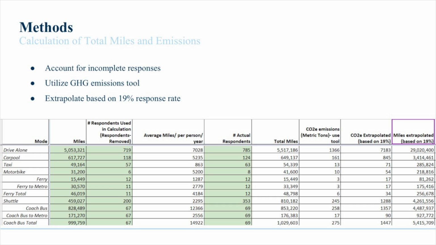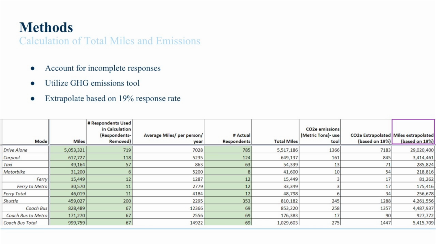So I'm not going to get too in-depth on the methods. If you have any questions, you can, of course, ask afterward. But the main way that we used the survey data to calculate emissions was to first separate it by commute mode and then calculate the total miles driven per commute mode, looking at the miles between the home zip code listed and the person's primary campus, then multiplying that by the days per week on campus and the weeks per